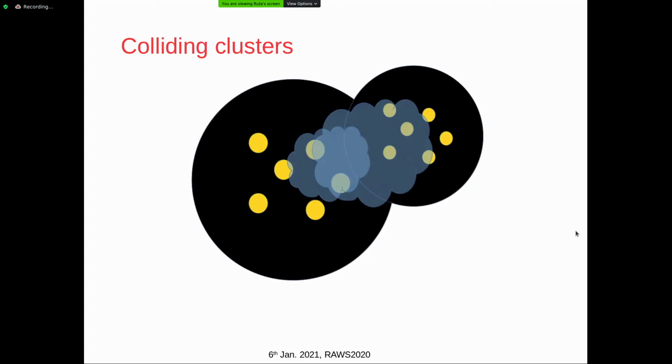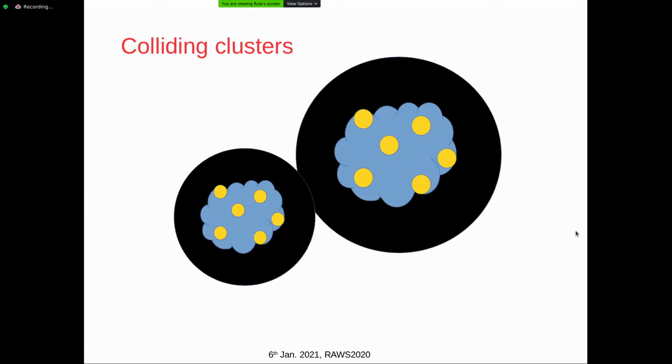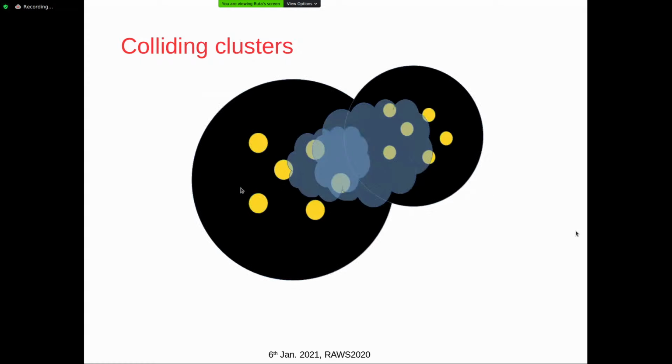So the galaxies and the dark matter basically just pass through each other. So there is this huge cluster on the top, and here there is a smaller subcluster. If they merge in this direction, what you'll end up with is that they will pass each other, and then according to the gravitational pull, they will come back and cross each other again, and then merge eventually.